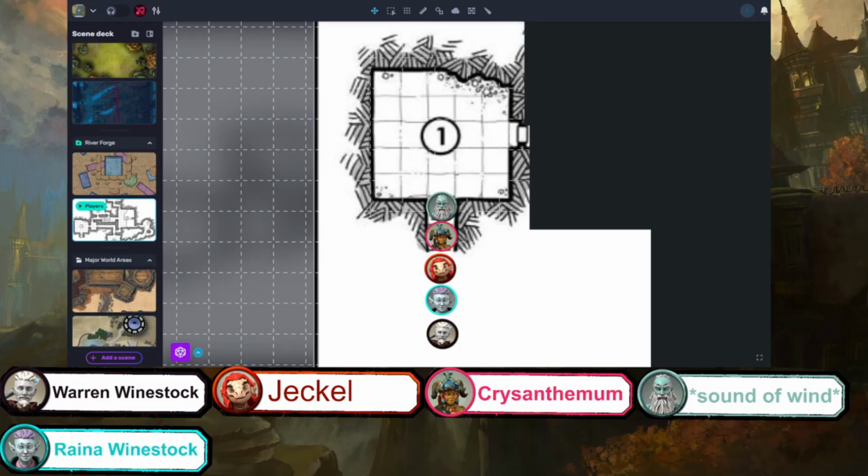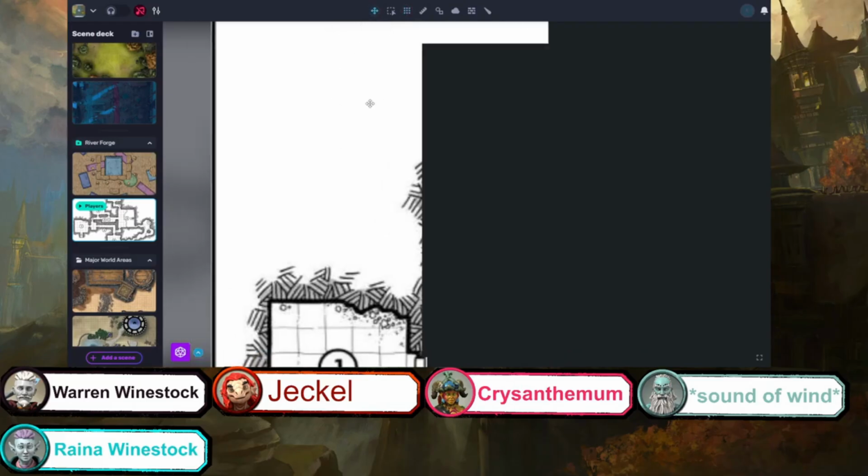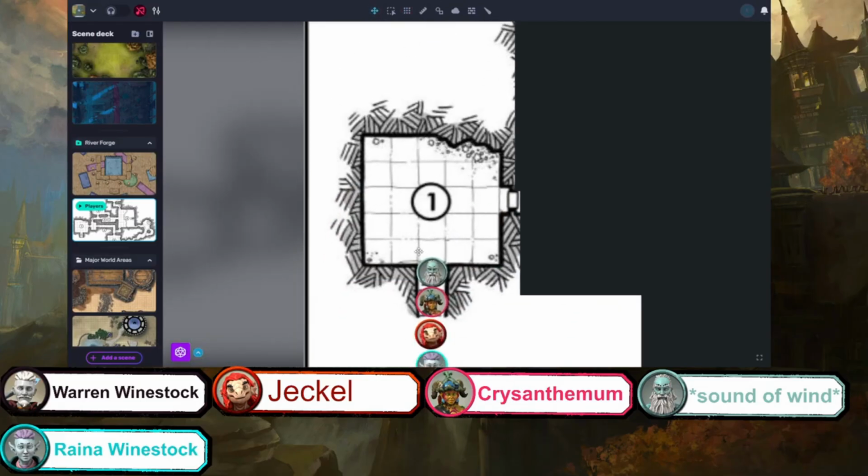What you see in front of you is this huge room. In the corner here, let me turn off the grid because the grid does not apply for this one. Each one of these blocks in this room is 5 feet. That's as small as I can make you guys. Each one of these blocks is 5 feet.